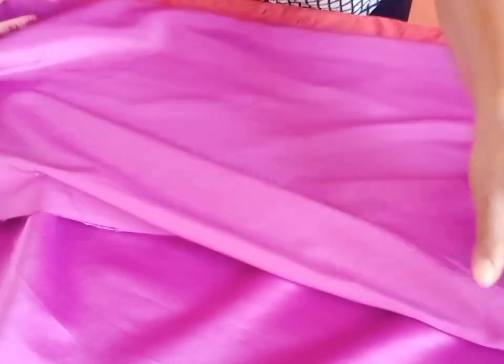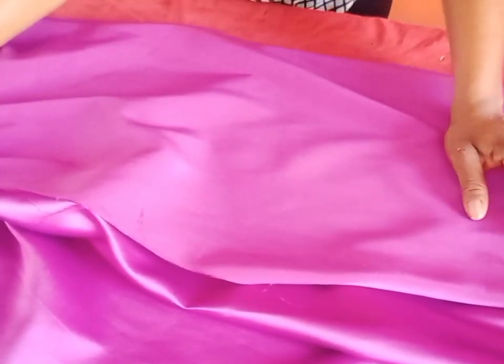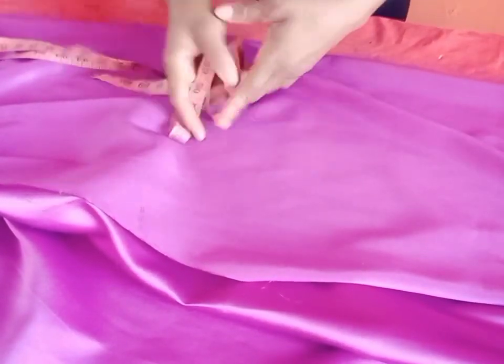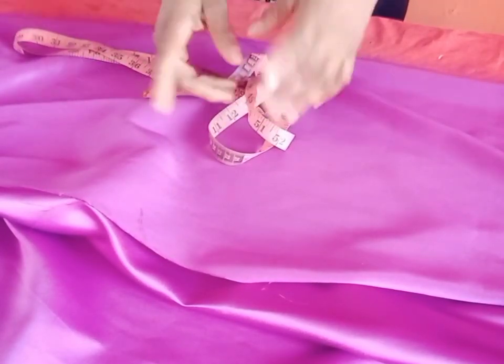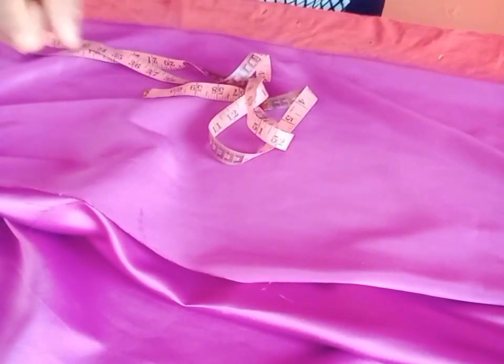So guys, let's start work. What we do first, so I have this fabric here. Let's do the calculation first. The waist measurement I will be working on for this tutorial is 30 inches. But I will be adding an extra 4 inches, or you can add 5, but mine I will be adding an extra 4 inches for sewing allowance, because we'll be joining